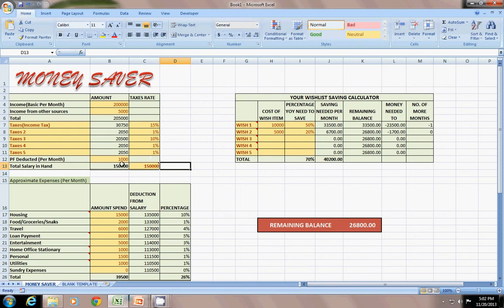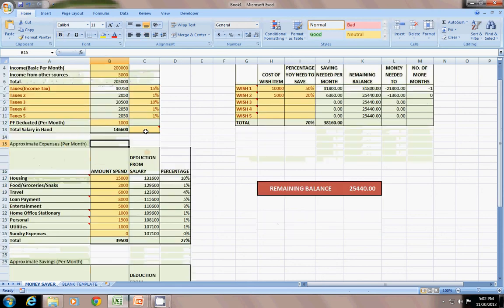Otherwise it calculates from these tax rates. I will make it an approximate value to make it more appropriate.